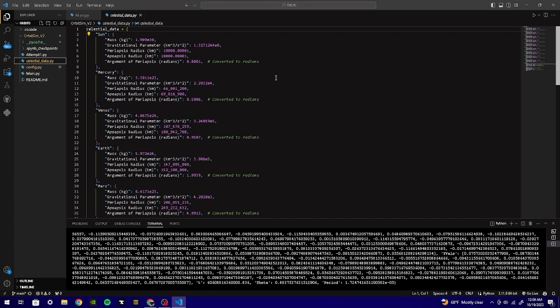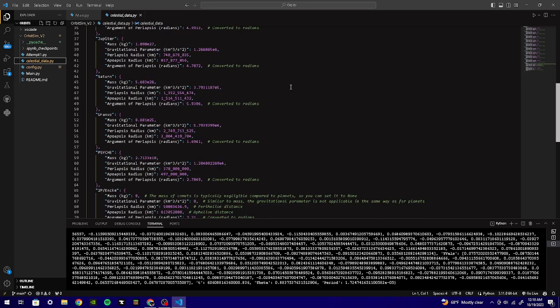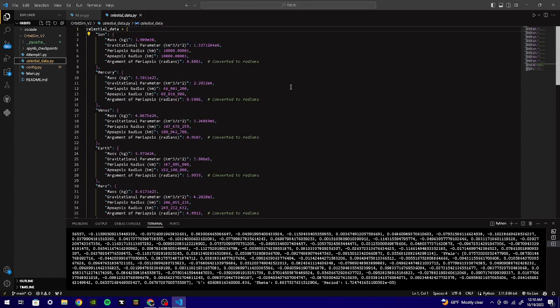So what I originally wanted to do was try to find an API or something of the sort where I could pull live data in to use as an ephemeris to find all of the different bodies in the solar system, all of their, ideally just the apoapsis, the periapsis, and argument of periapsis at some epoch date. And I stumbled upon SPICE, which is supposed to be a JPL-backed